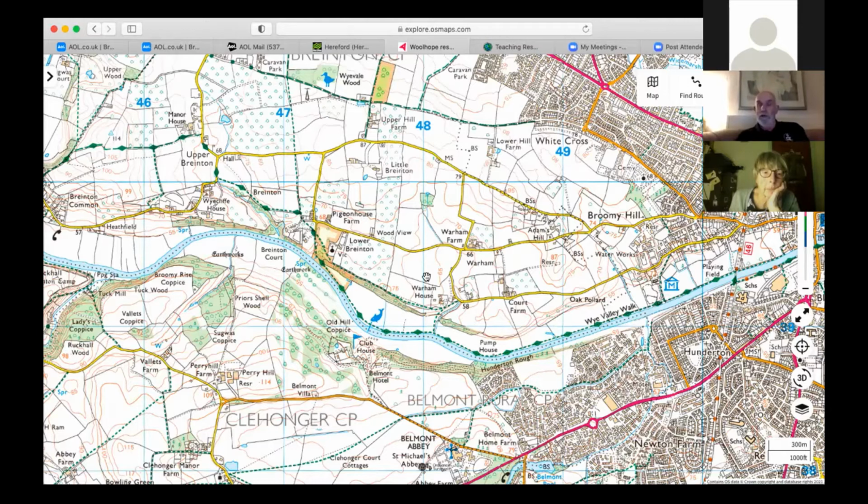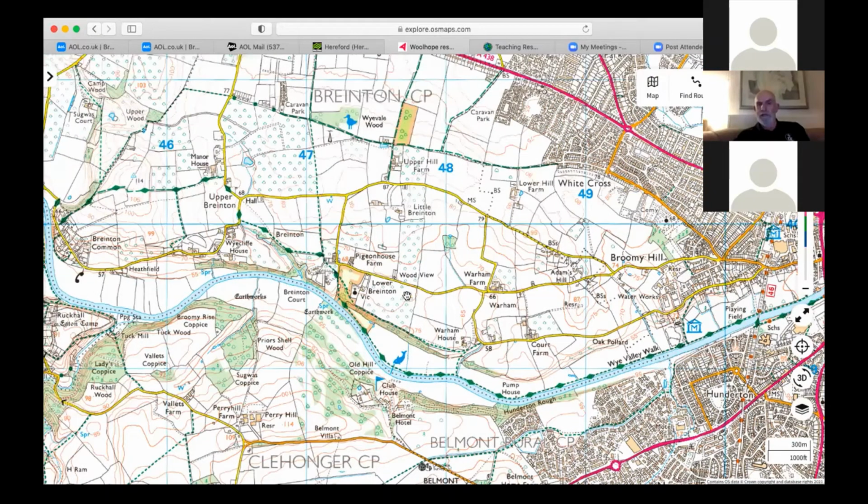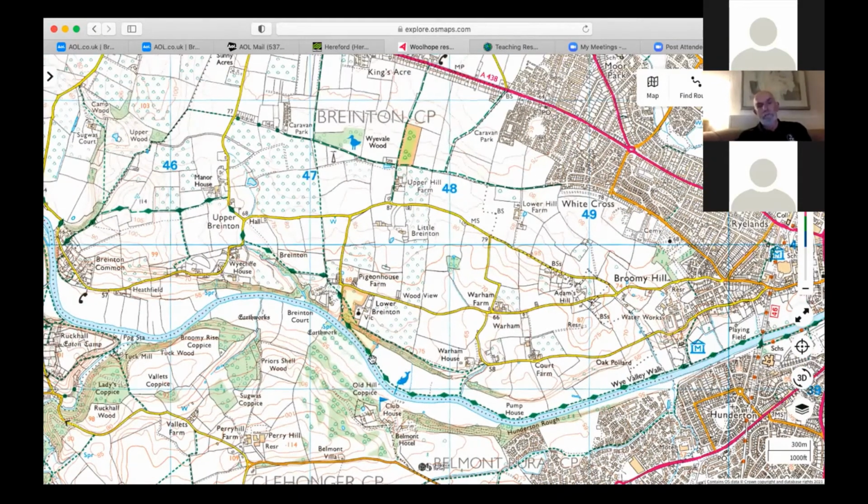where there are quite a lot of very nice car tours, cycle tours, and short walks to explore the impact of the Ice Age on this western approaches of Hereford, particularly in the Brainton area, where there's quite a lot of interest in terms of legacy of the ice. But on this loop walk,